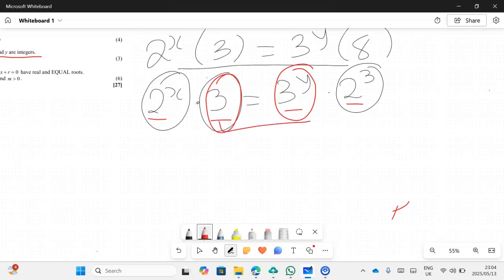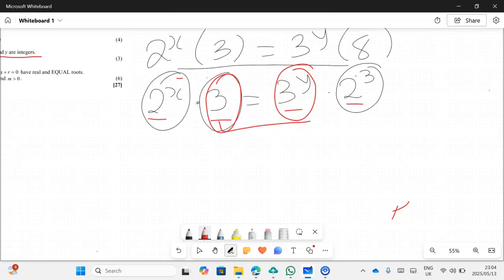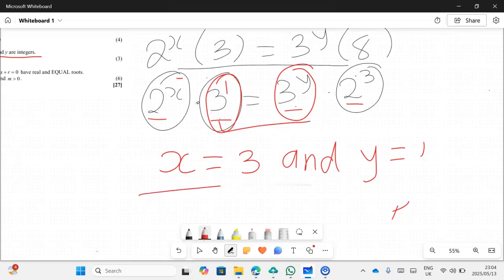So if this is equal to that, and this must also be equal to that, it means the exponents must be the same. So x must be equal to 3, and your y must be equal to 1, because 3 is the same as 3 to the power of 1. And that's our solution for